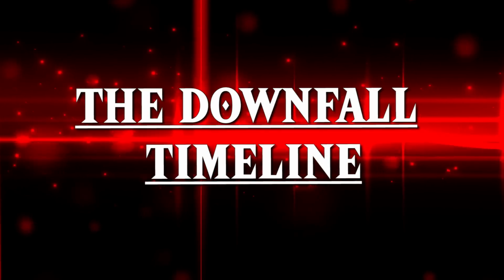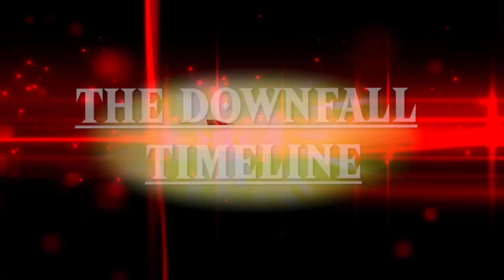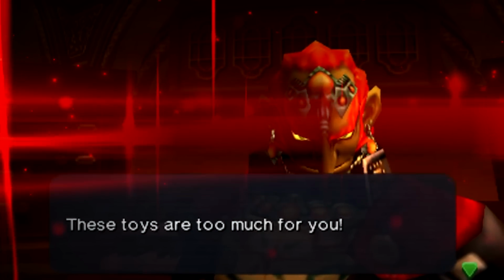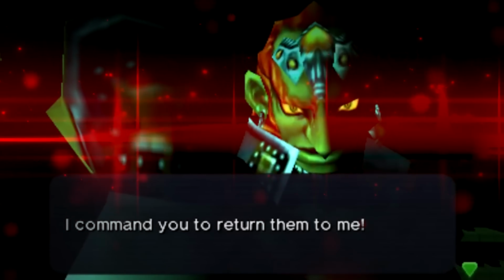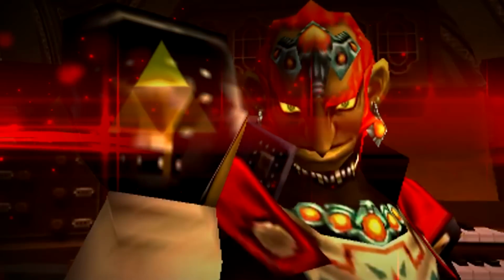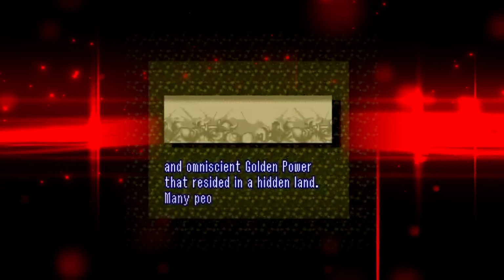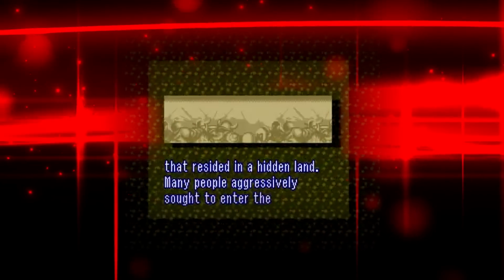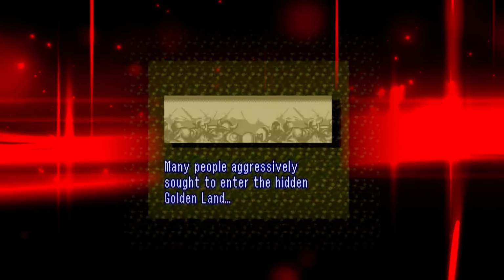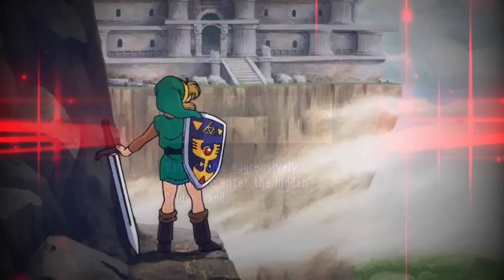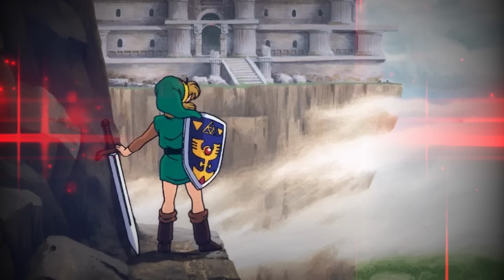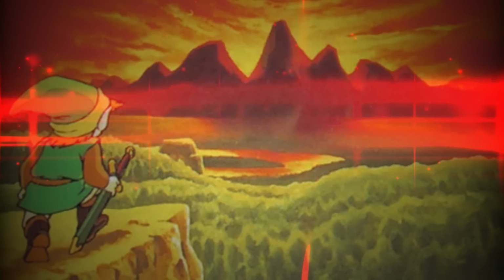In the first split timeline, known as the Downfall or the Fallen Hero timeline, Link is defeated by Ganondorf, and the King of Evil is then able to obtain all three pieces of the Triforce, but then is sealed by the sages out of desperation. This outcome later leads to the Imprisoning War years after that, which will act as a precursor to the events of A Link to the Past that will further lead to the original Legend of Zelda and then the